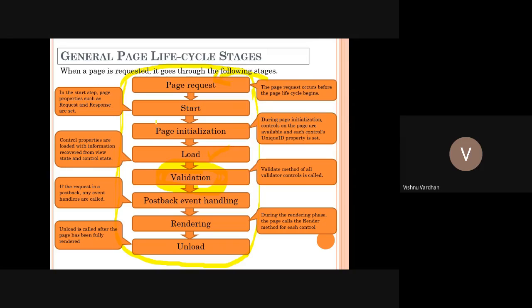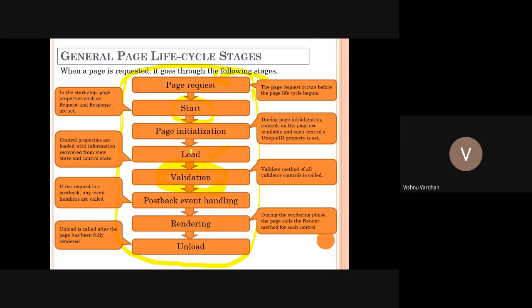In the start step, page properties such as request and response are set. In the Page_Start method, the request as well as response objects are created, and they are set with any past information, if at all it is there.